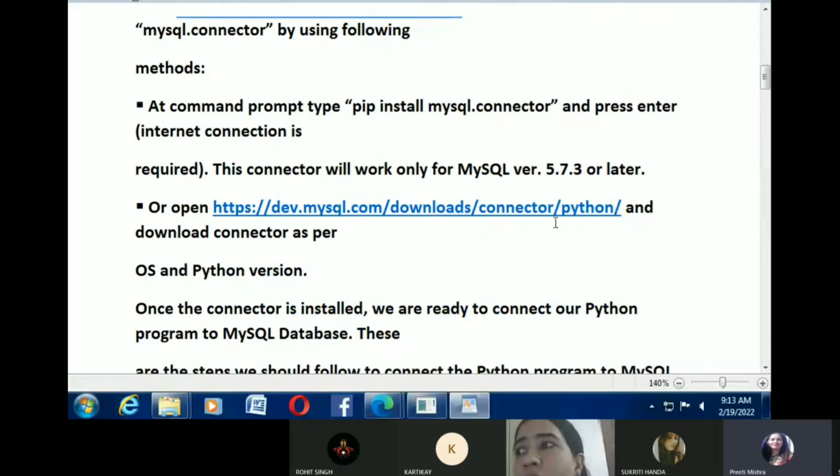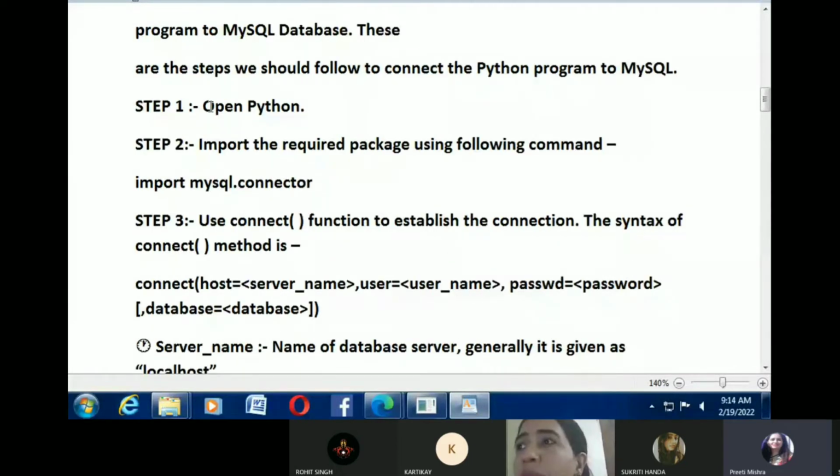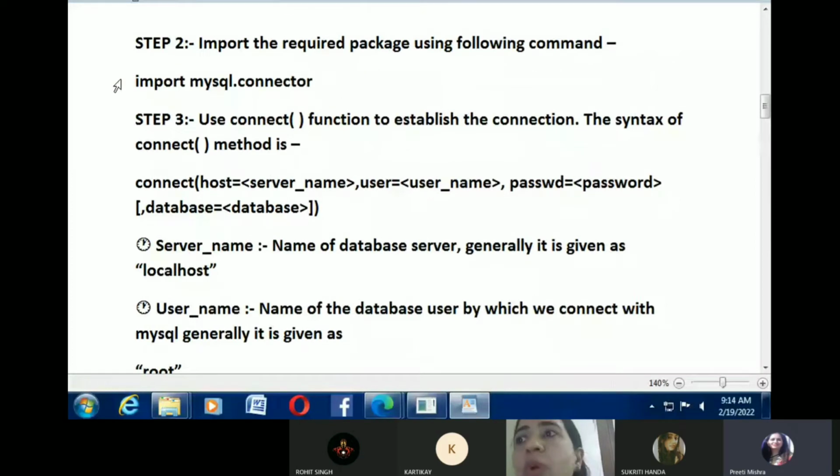Another method is that you can go to that website and download the Python SQL connectivity from there. After the installation, open Python and write this code: import mysql.connector, and then you have to use the connect function. What is the role of the connect function? It is used to establish the connection. Without the connect function, we can't do the connectivity with the